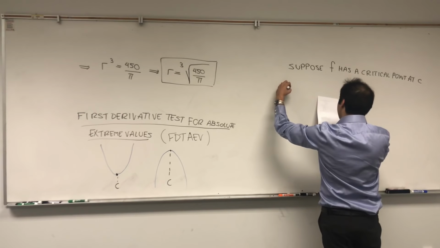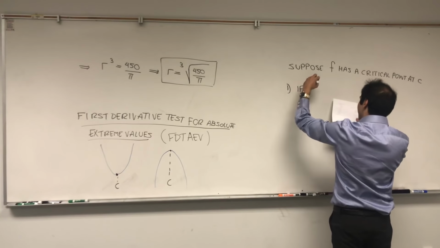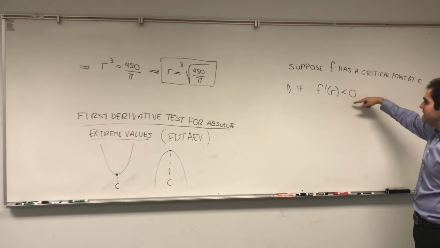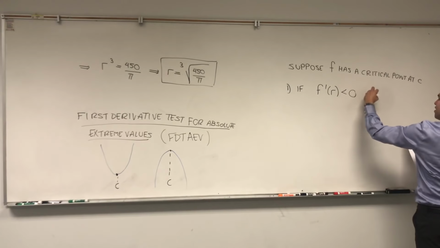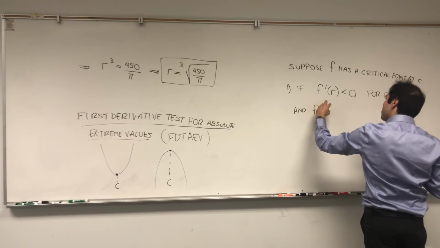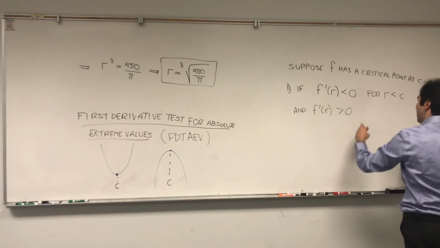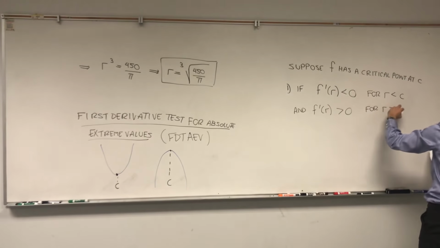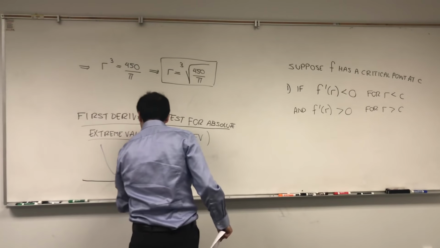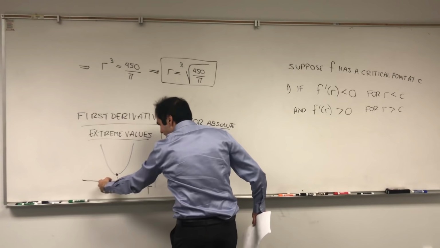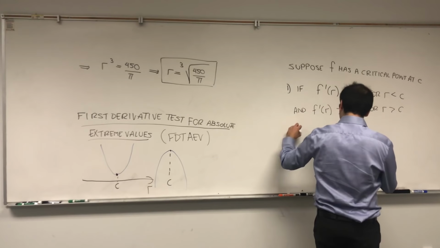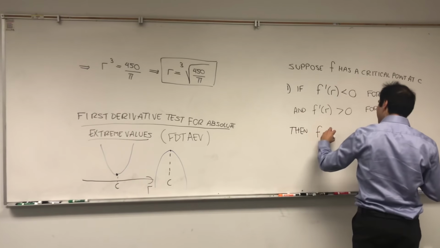And so, first of all, if f is decreasing before c, for r less than c, and f prime of r is positive after c. So again, suppose we have the case where this is r. So f prime is negative up to c and then positive after c, then f has an absolute minimum